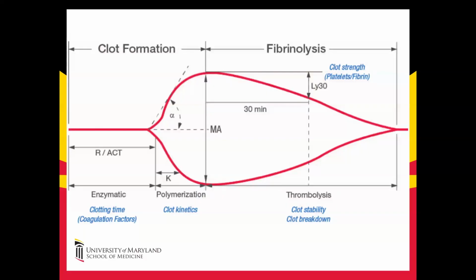So if a patient has a prolonged R time, this will indicate a quantitative or qualitative deficiency in coagulation factors and can be corrected with FFP, PCC, or anticoagulant reversal. A prolonged K time or decreased alpha angle may suggest fibrinogen deficiency, and this can be corrected with cryo or